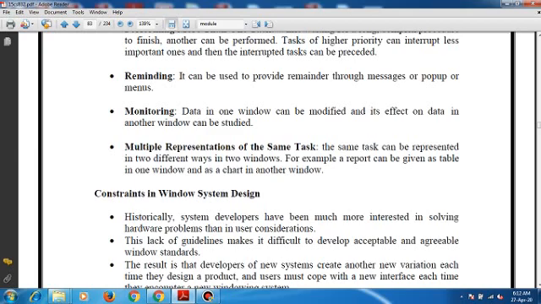As well as that, designers don't have proper guidelines. That is another problem we face. The lack of guidelines makes it difficult to develop acceptable and agreeable Windows standards.